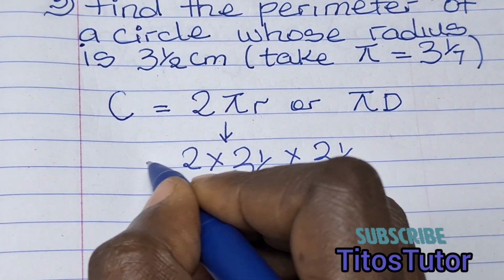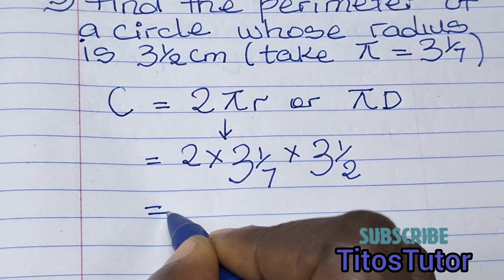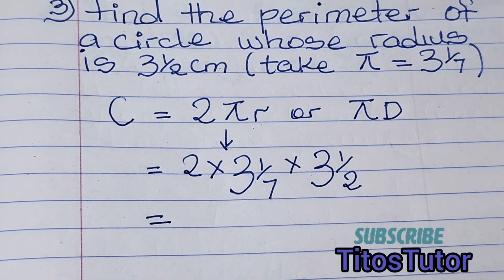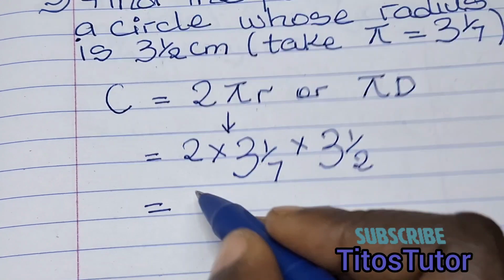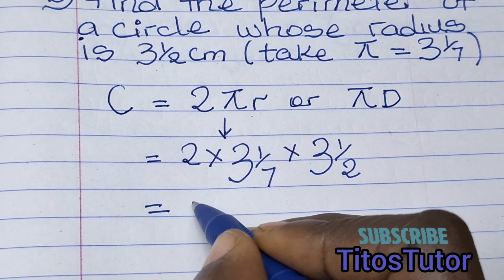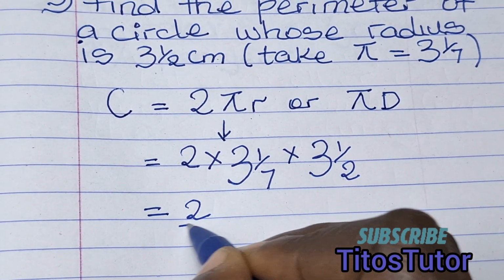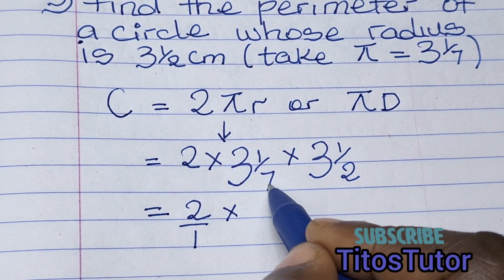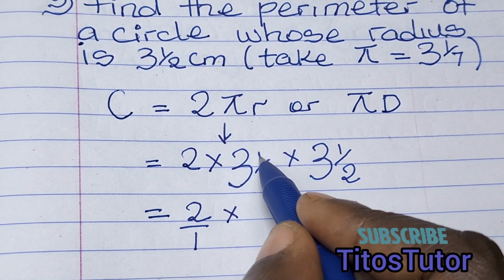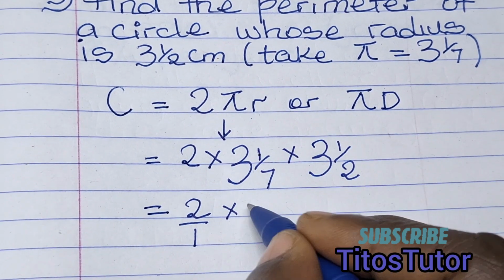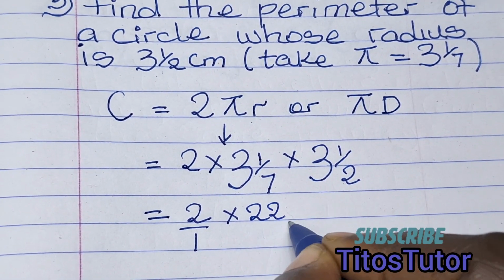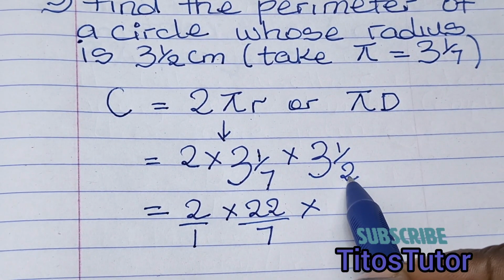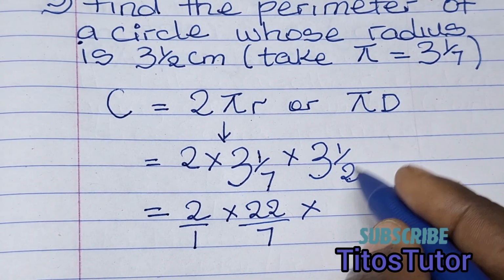Okay, so I'm going to change all my mixed numbers into improper fractions so I can simplify easily. This is 2/1 times 3 times 7 is 21, 21 plus 1 is 22/7. Multiply by 3 times 2 is 6, 6 plus 1 is 7. So